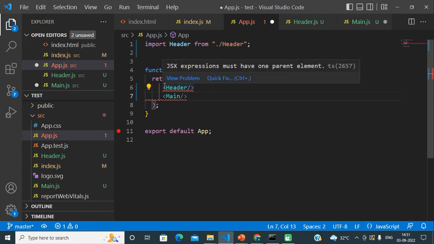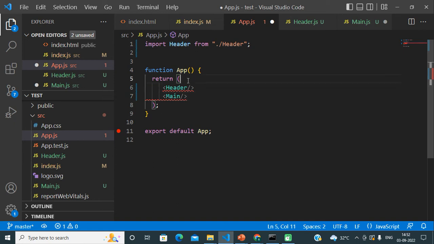And friends, here I am getting this error. If you remember, in our JSX related video we went through some rules of JSX. One rule was that while returning JSX from a JavaScript function, we must return only one element as a parent element.